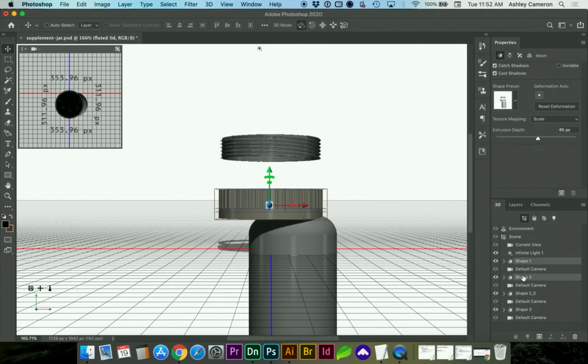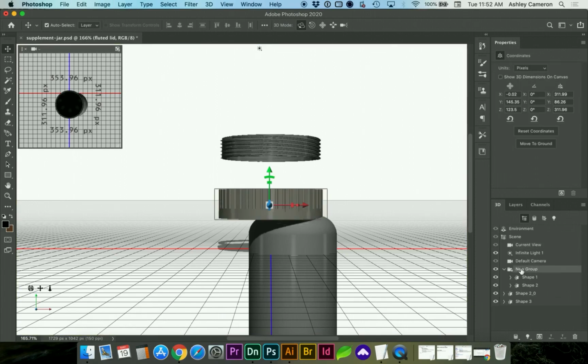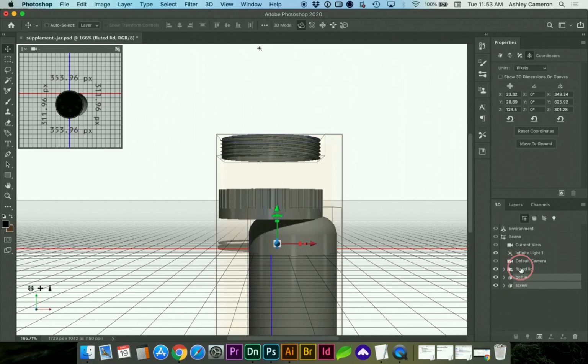I'm going to group these two shapes. And now I can select both of these layers,